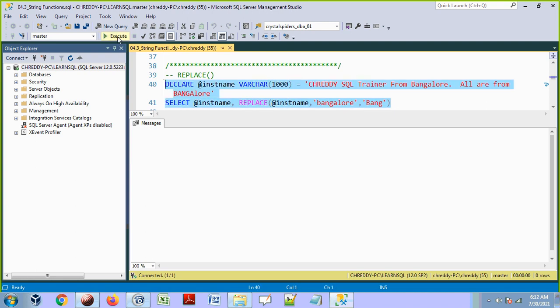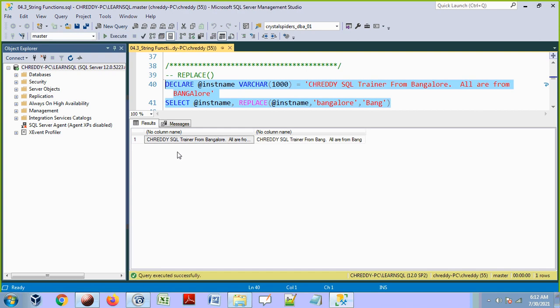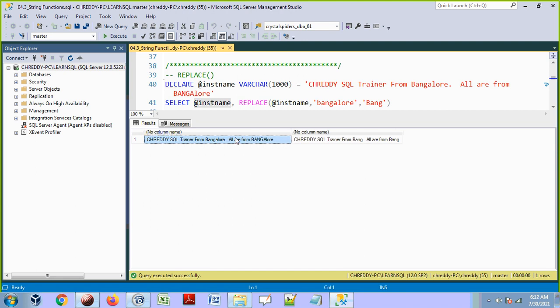So let's see that now. Here this is the actual value, the first column, the institute name. Within this value, we are using the REPLACE function here, and the REPLACE function takes the institute name, the value in this variable as it is, and within that value it will identify the keyword Bangalore.